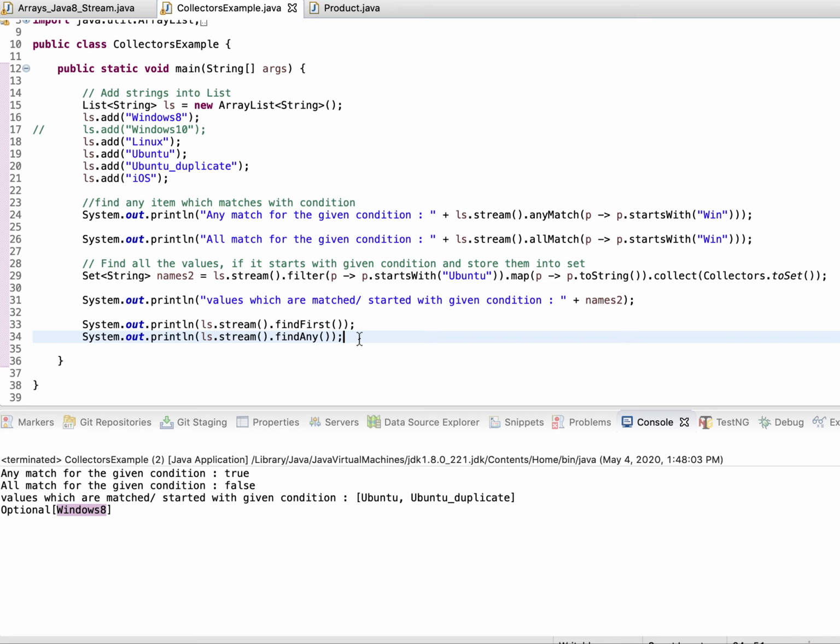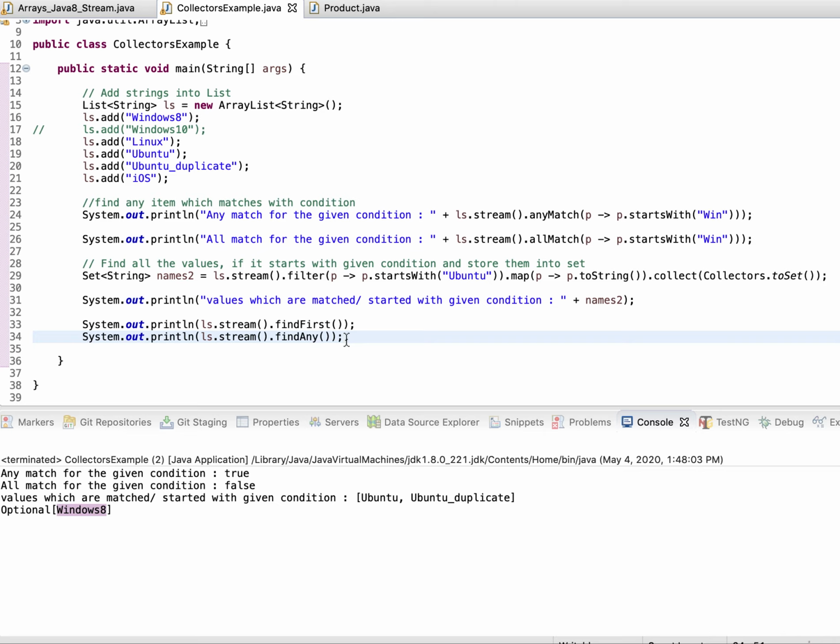But make sure, if you want the first, always use findFirst. And if you are using parallel execution, or multiple instances are trying to get the value from the list, findAny may give a different value to each thread. You cannot say this is going to give this exact output.